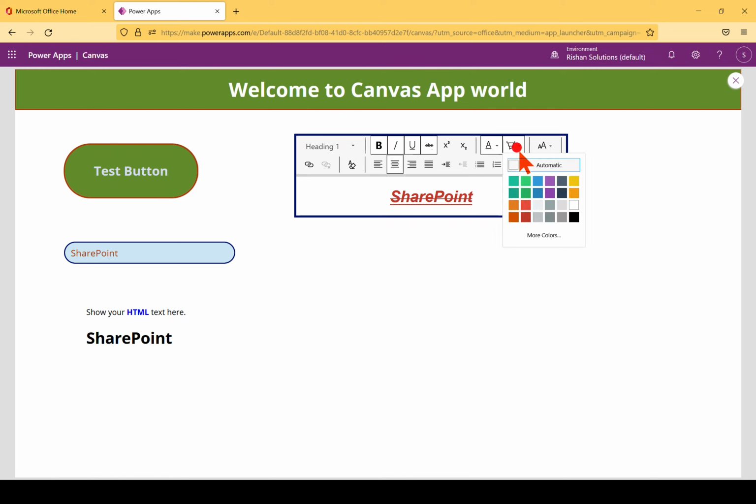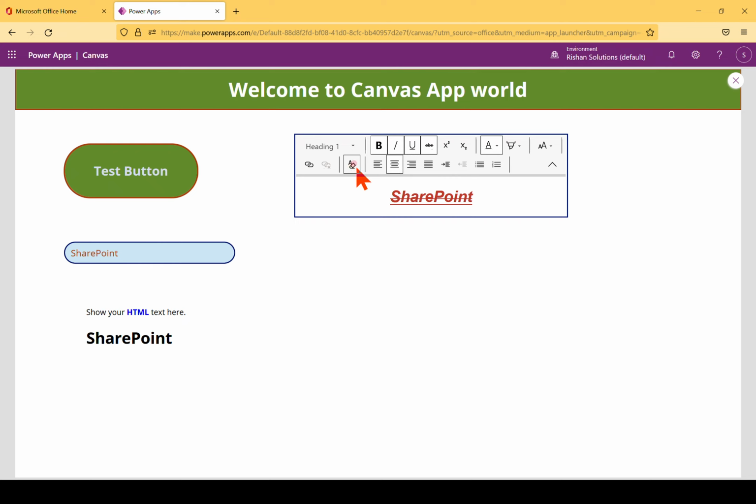Color is also available. And here this brush, what it is, is the background color, which is also available. You want to keep some background color, you want to apply something else. So this background color is not applying here, but you can implement the background color. And here we have font sizes also available. You can adjust the font sizes. And we have